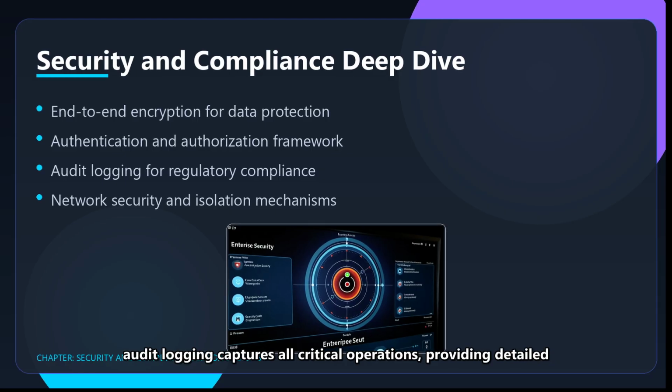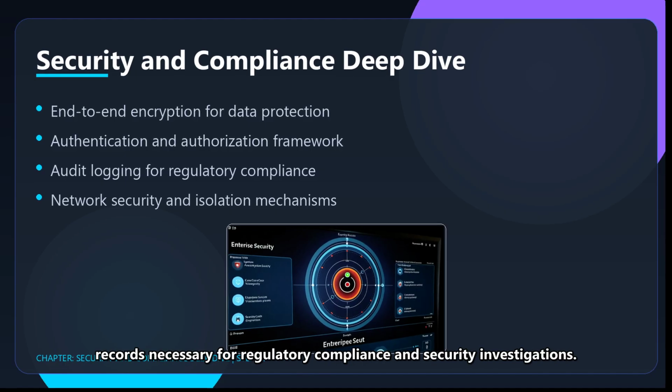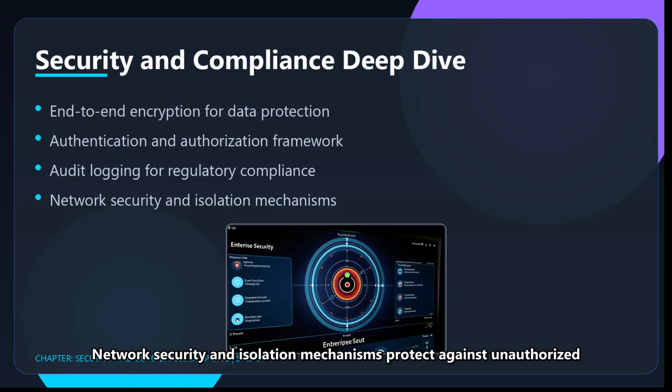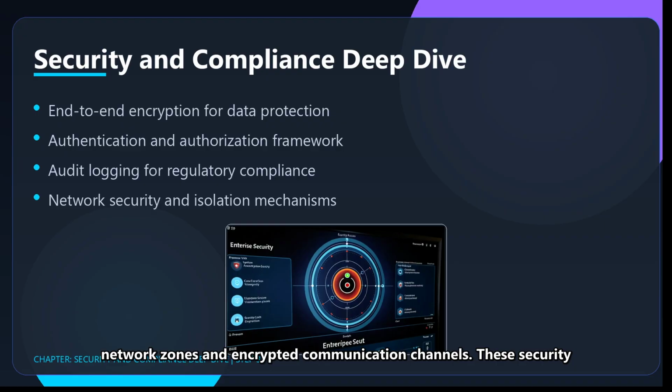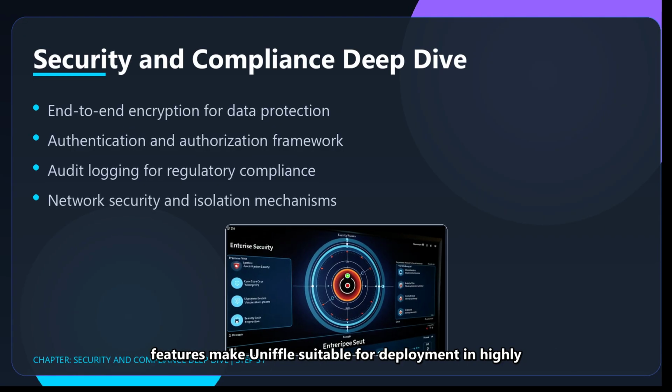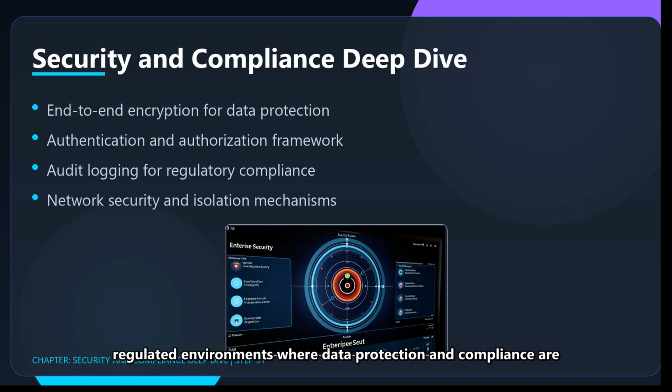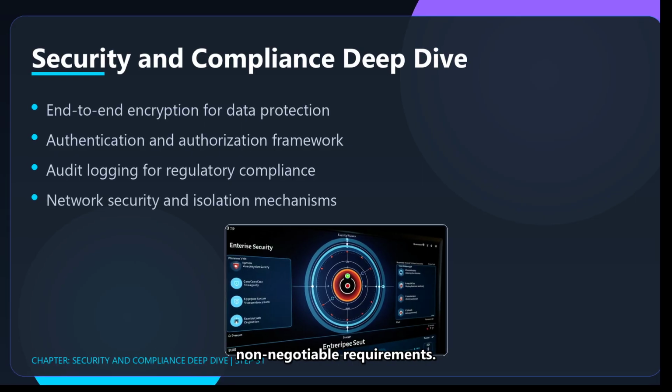Comprehensive audit logging captures all critical operations, providing detailed records necessary for regulatory compliance and security investigations. Network security and isolation mechanisms protect against unauthorized access and data exposure, including support for secure network zones and encrypted communication channels. These security features make Uniffle suitable for deployment in highly regulated environments where data protection and compliance are